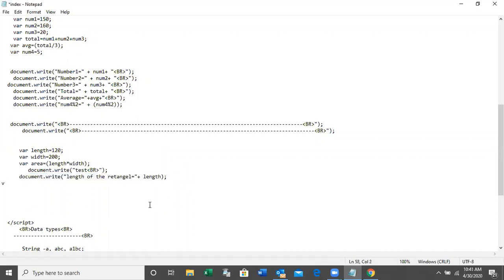Then width of the rectangle is equal to, plus put a BR here to get a line break. And put the BR here to get a line break.